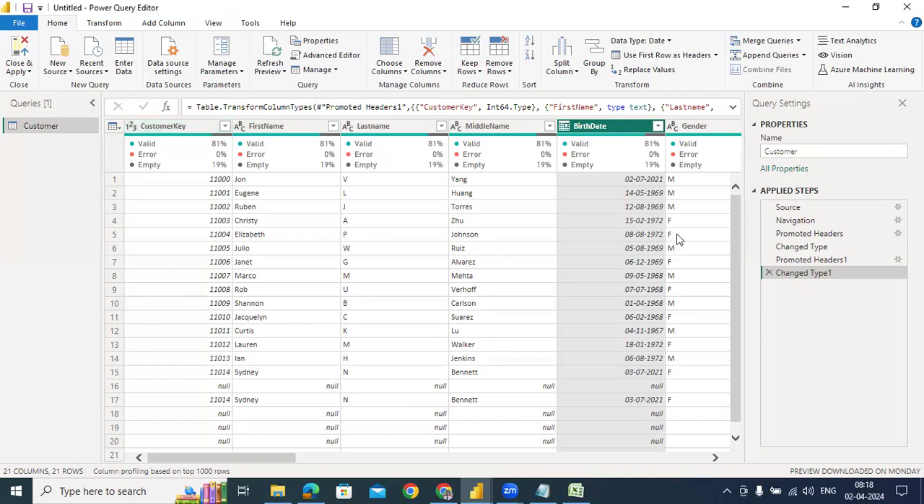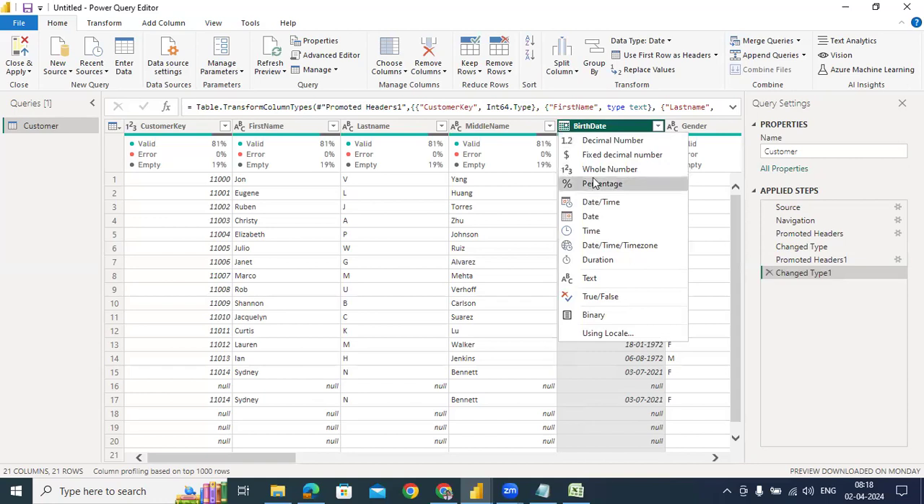Okay. Whether the data types are correct or not. Sometimes it will detect wrongly. How? I will show you. See, this is the date of birth. If I change it into the whole number,